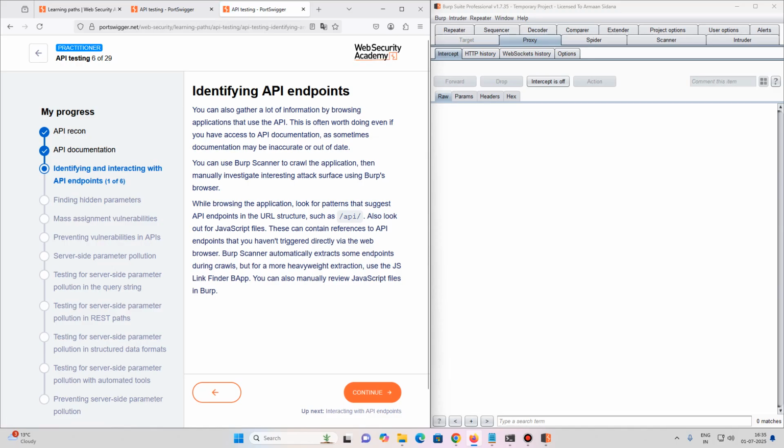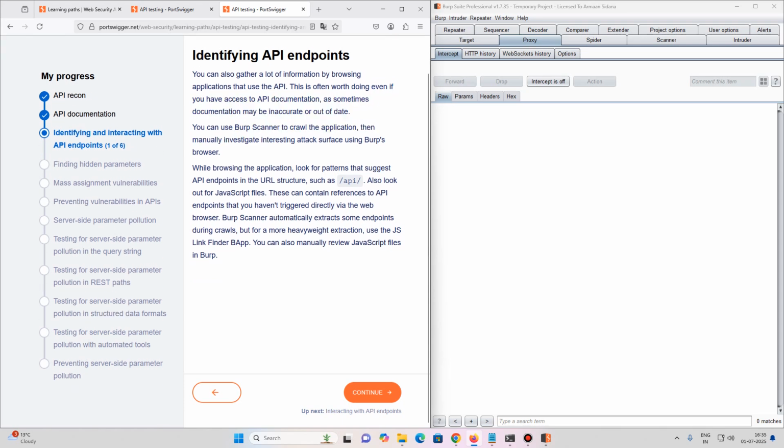So now what we're gonna do is identifying API endpoints. You can also gather a lot of information by browsing applications that use the API. This is often worth doing even if you have access to the API documentation, as sometimes documentation may be incorrect. You can use Burp Scanner, we know that. While browsing the API, look for patterns that suggest an API, like we did in the last lab. Also look out for JavaScript files. These contain a lot of references about APIs. In hacking, there's a term: JavaScript is like the juiciest thing you can look out for, because it has a lot of API